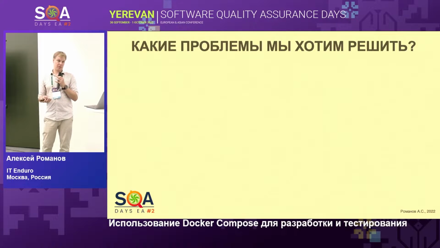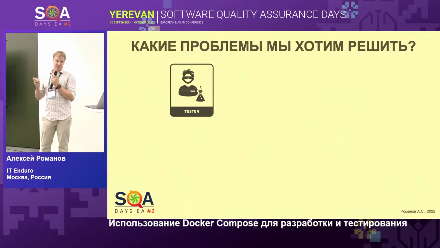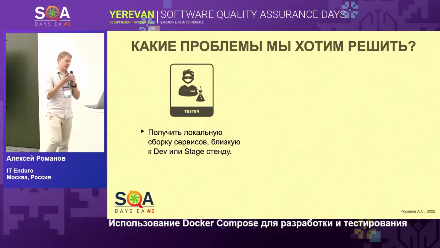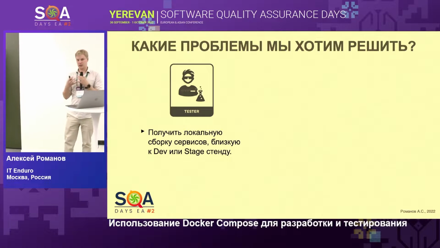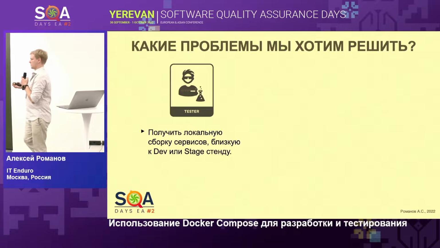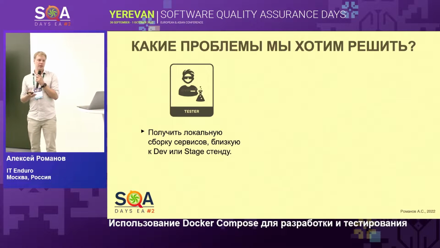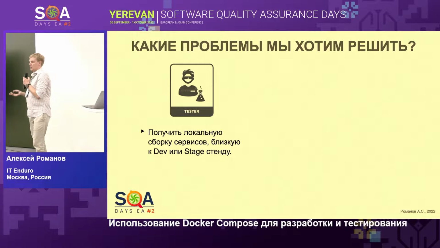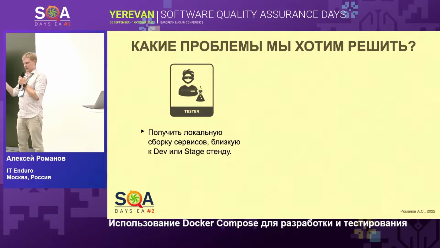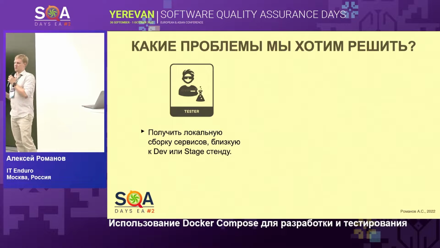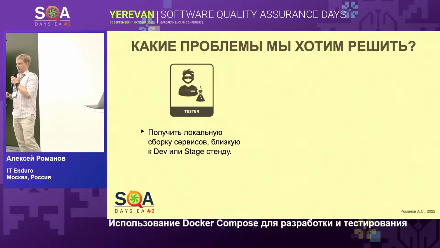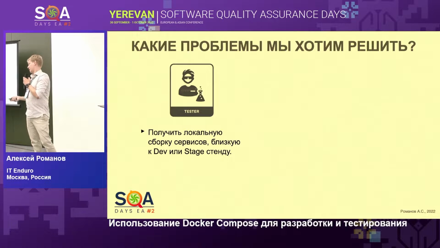Let's try to formulate the original problem. As a tester, I want to get a local build of the server close to dev or stage. We have a lot of parallel features, but at some moment in time, one test contour involves, say, 4 developers. 4 developers have rolled out their features. We can test them only sequentially. We cannot put in all 4 features and decide who is wrong there. We can do this, of course, but it would look rather like we are